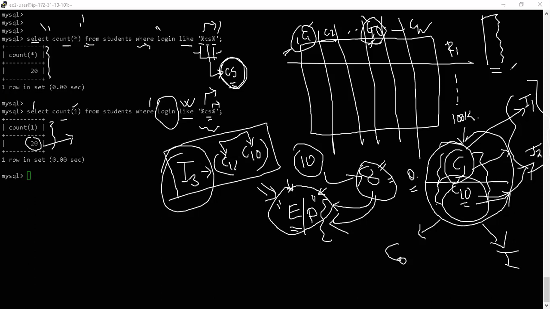It is exactly analogous to the index page or the appendix page which you see inside any book. Let's say I have a big 700, 800 page book on MySQL, and I just want to know how to do a regular expression inside a where clause. I'll just go to the index and search for the page number. I'll simply go to that page and find out, okay, this is the syntax by means of which I can run a query like this. That will make my life easier rather than studying all 700 pages or going through them individually.